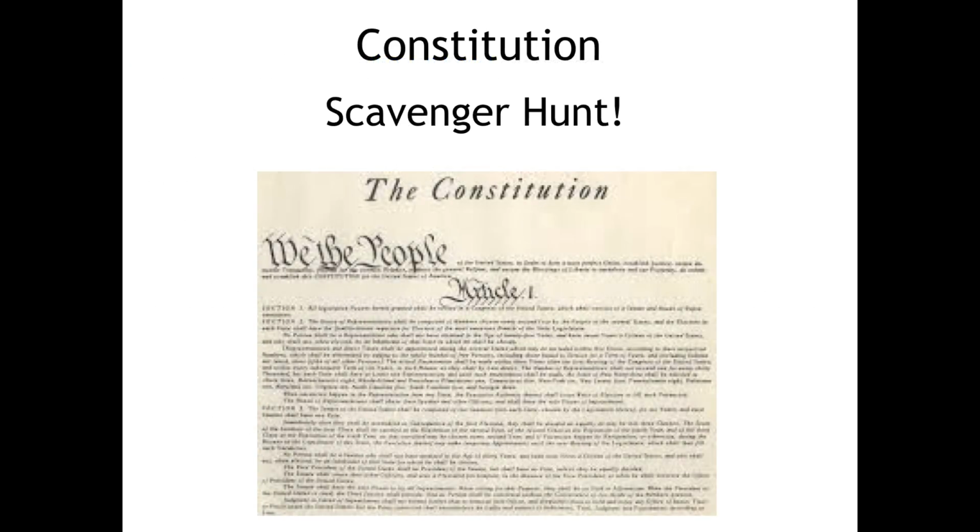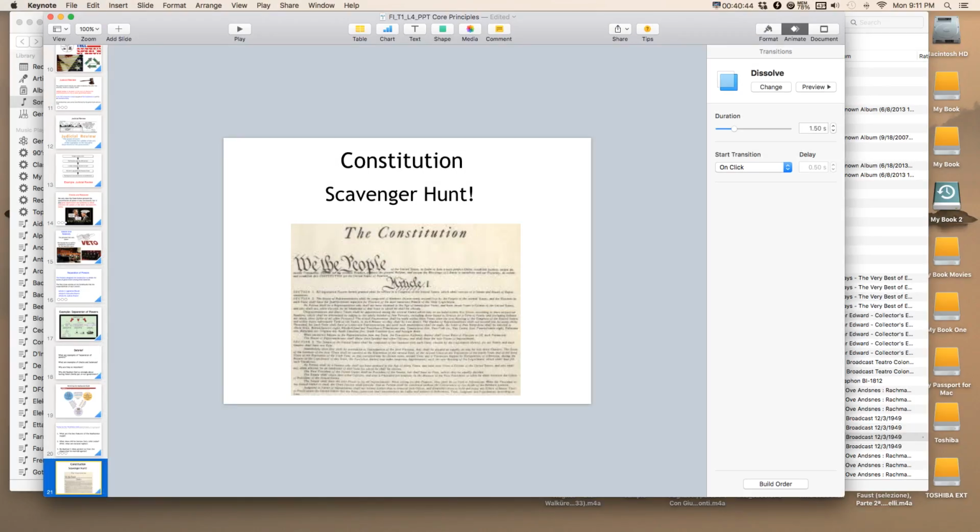We're not going to do the scavenger hunt. We have the summer work. You guys pretty much know your Constitution. You proved that on the quiz. I'm not gonna give you this assignment. But thanks to the Lucas Foundation and the people for putting that in there, because my regular kids are going to do it.